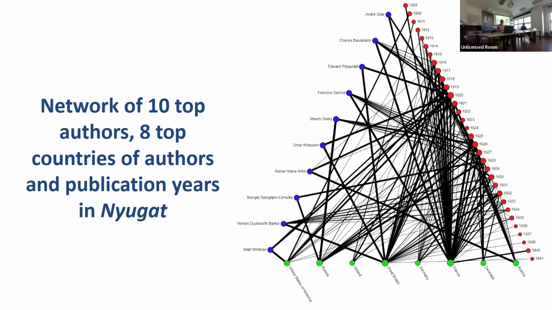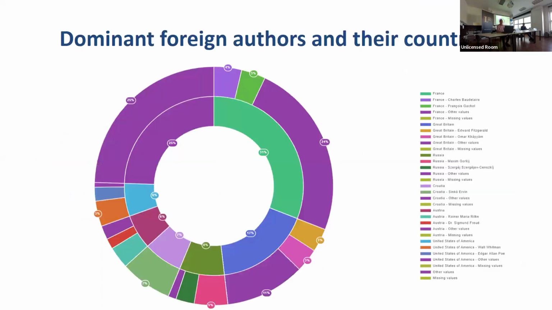You can perform very simple network analysis with AVOBMAT. For example, here you can see the country names in green and the authors in blue and the years in red. And you can see the connections of these three entities. You can see, for example, France was very important, the French translations in the 1920s. So we won't lose a temporal aspect of our data, which is important. I think yesterday we talked about this as well when we discussed network analysis.